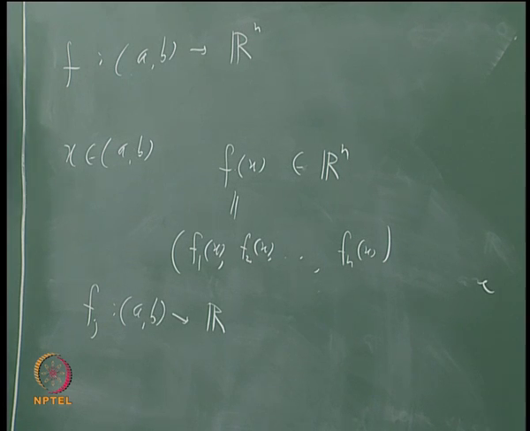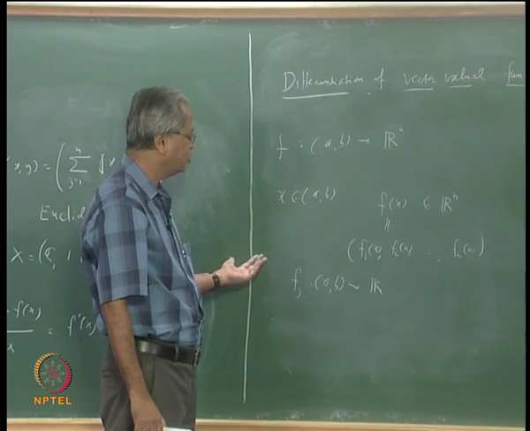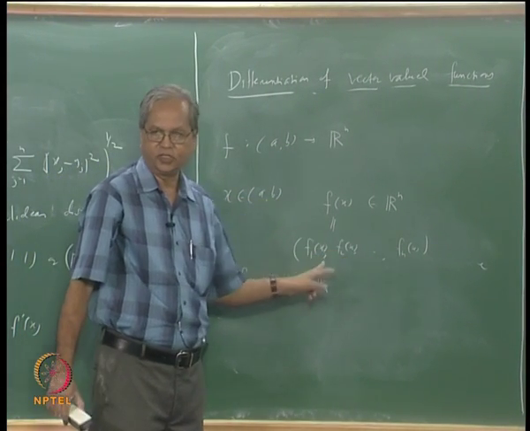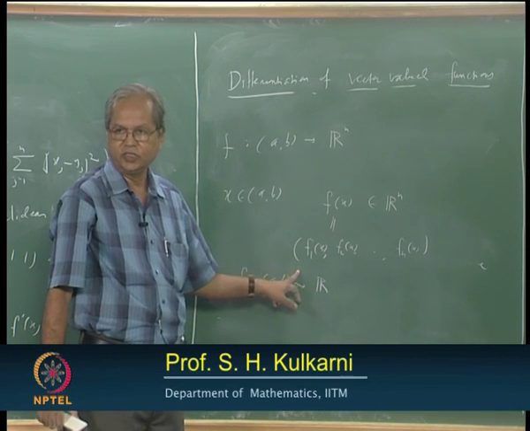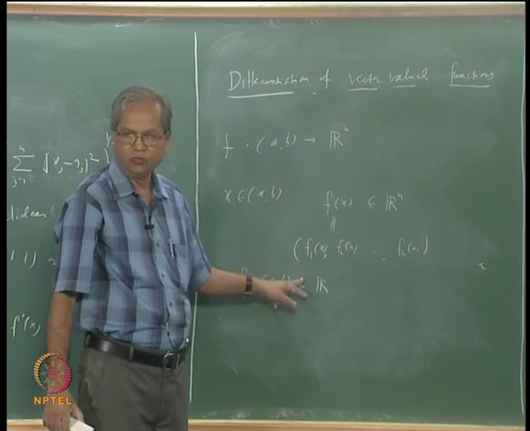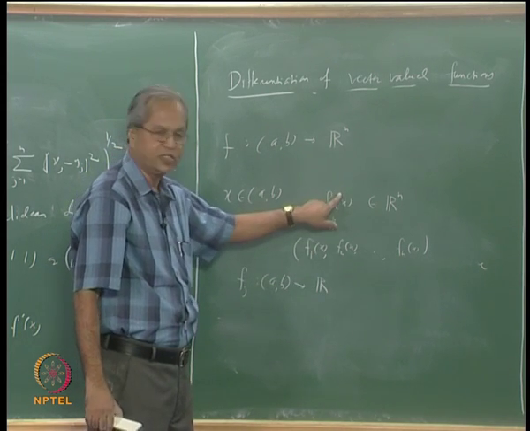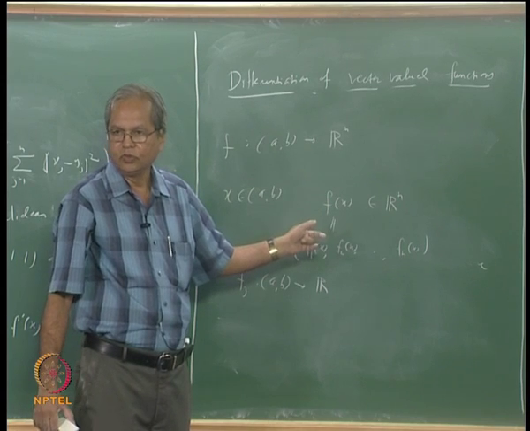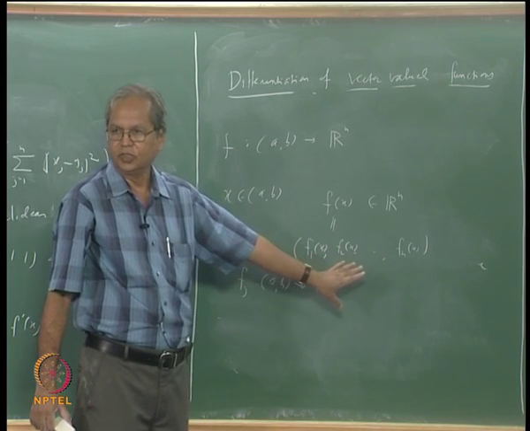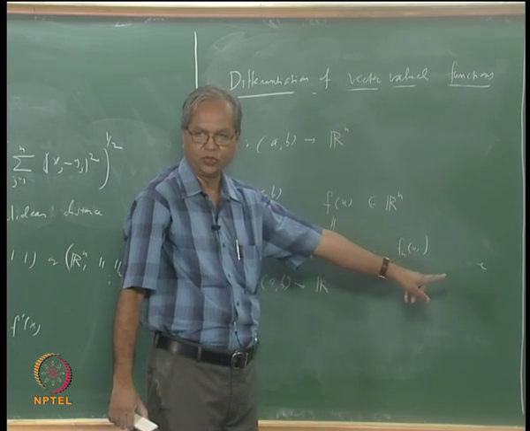And now coming back to differentiability, what will be the corresponding question and answer here? What we would ask is the obvious thing. Suppose I knew that f is differentiable at a point x, what can you say about each of these n functions? What we must expect is that each of these n functions is differentiable at that same point x. And what will be the value of the derivative? It will be nothing but f prime of x naught, which will also have n components: its first component will be the derivative of f1, its second component will be the derivative of f2, etc. That is what we should expect. And that also can be proved again by essentially the same idea.